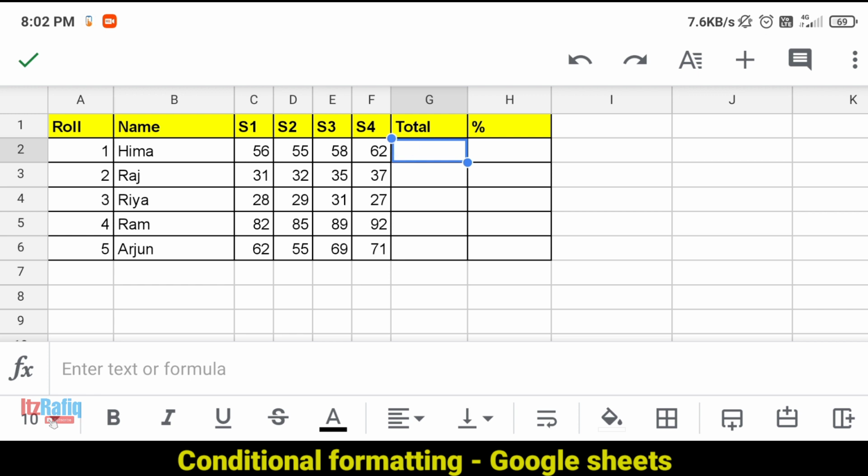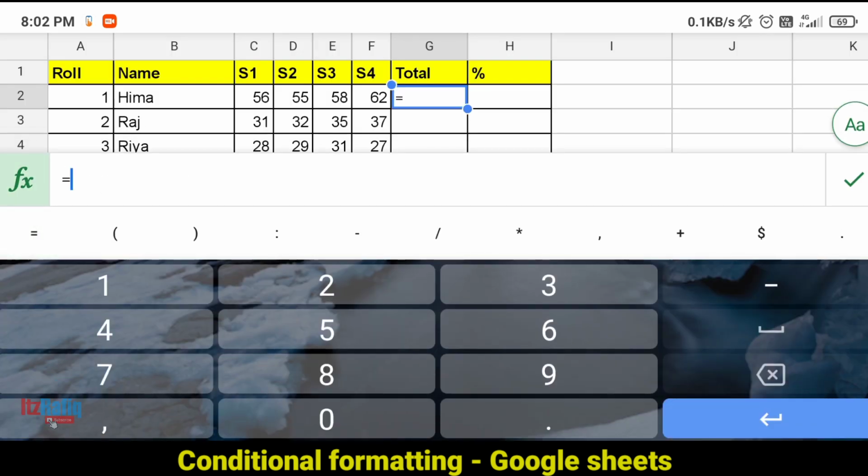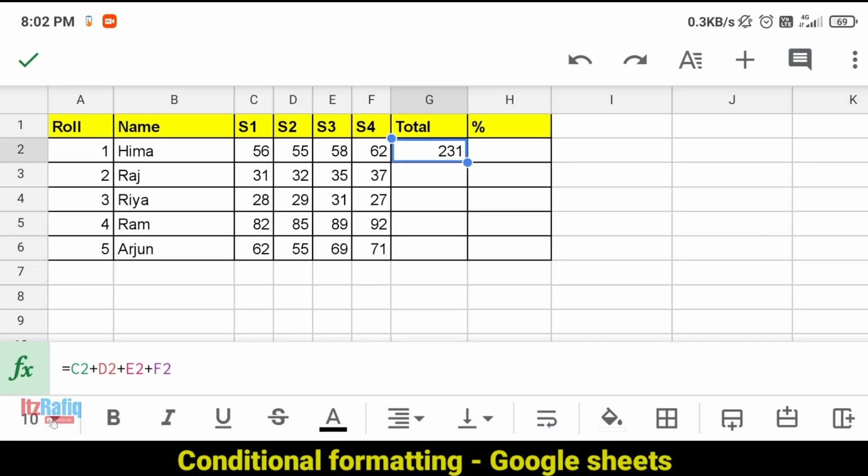Now to find out the total, you will write a formula, or you can also do auto sum. So if you want to write the formula, you will first write equal, then select the marks, plus second mark, plus third mark, plus fourth mark, then tap on the plus sign. So the total marks appear here, 231.